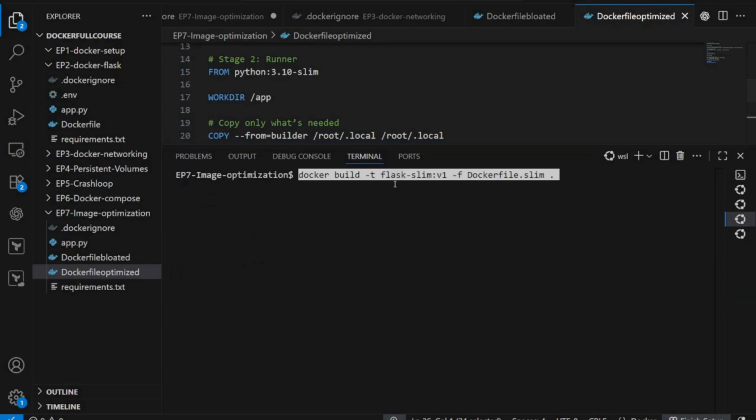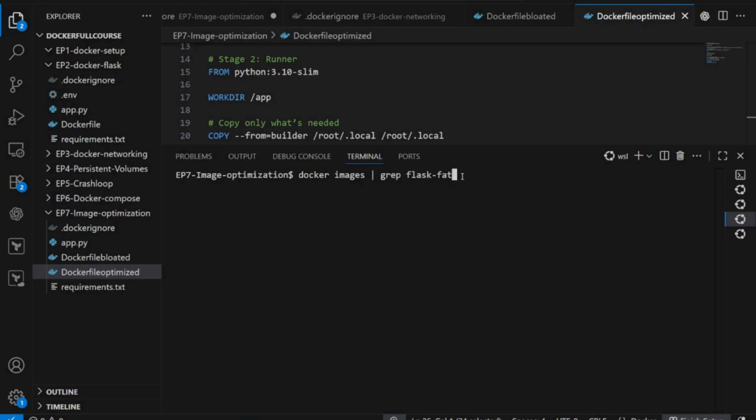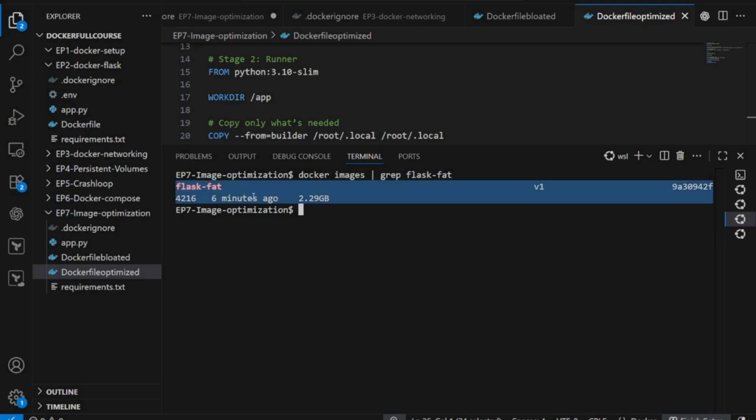Now let's try to build our slim image. For that, I'm going to run docker build flask-slim:v1, and I'm going to use Dockerfile.optimized here. Press enter. Let's start with the fat image. Press enter. If you see this, I can see my fat image got built successfully, but the size is 2.29